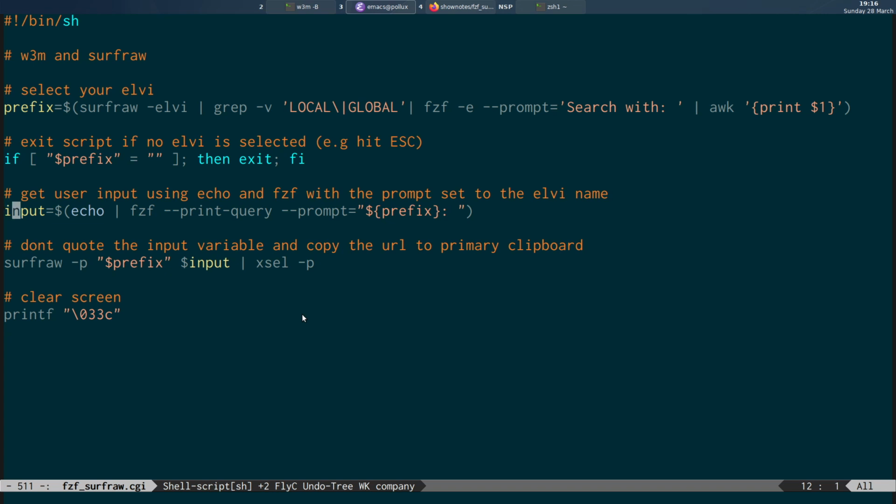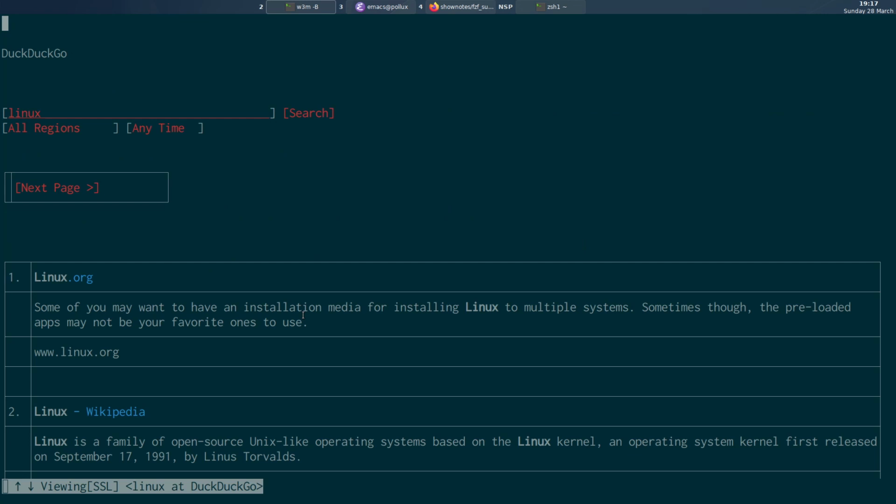And this took a little while to figure out how to do this, to create the custom prompt that will actually output the input so that we can store it in a variable, and basically change the shell to use the bin sh as opposed to bash, which is installed by default in some operating systems. So it just makes it a bit more portable,